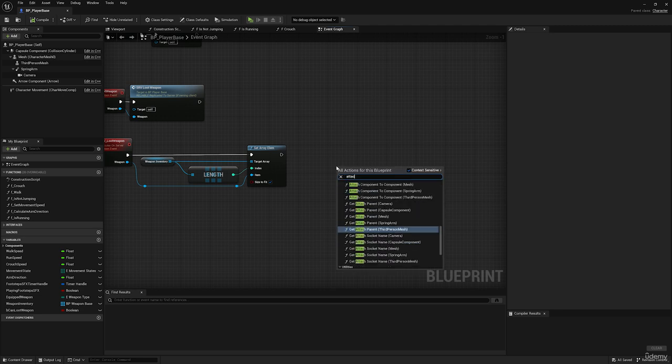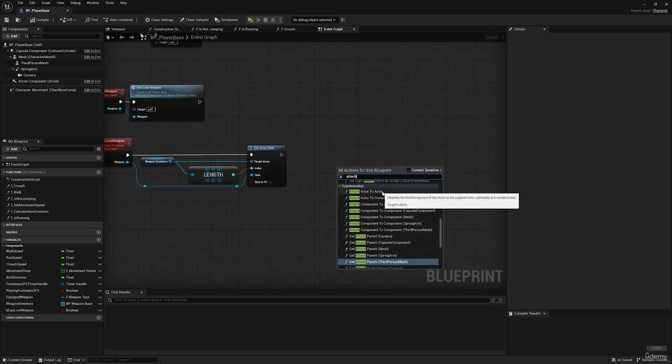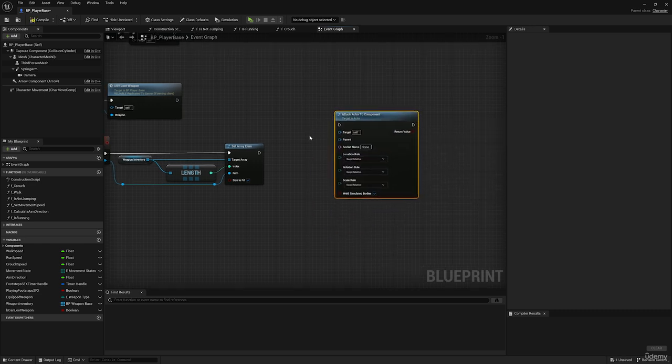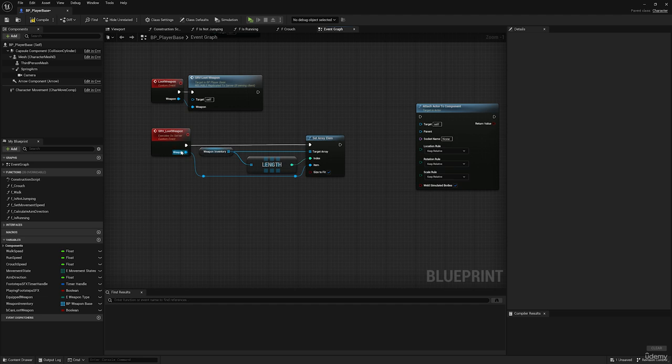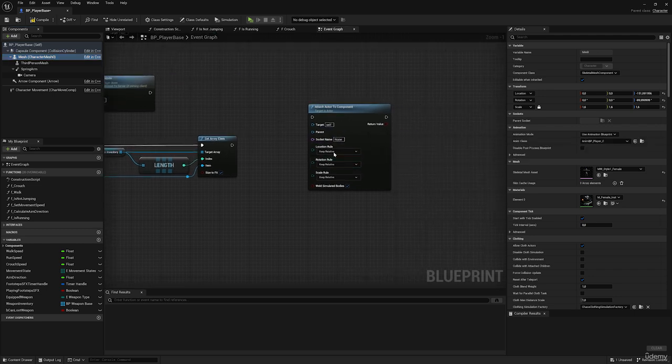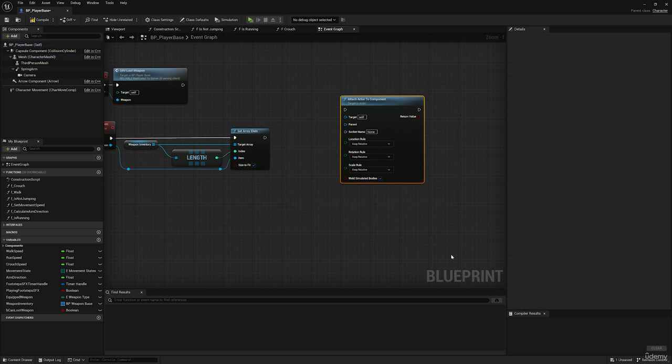If you just search for attach, you can use one of those, for example, attach actor to actor or actor to component and so on. You can just select one of them to see what it is. For this one, for example, you're attaching an actor to a component. You're attaching the weapon actor to the mesh component, where you select which socket you want to add it to, for example, the S pistol, and then you can snap it there and attach it